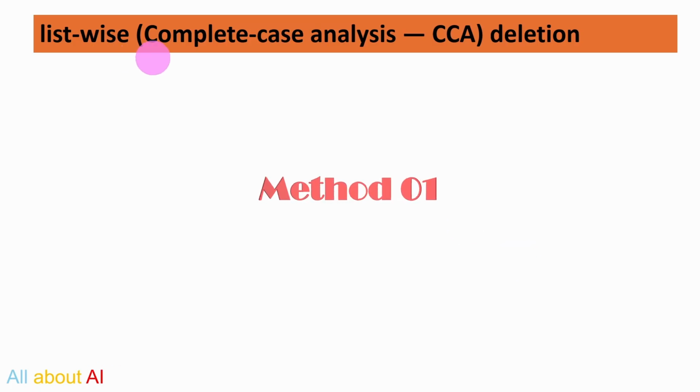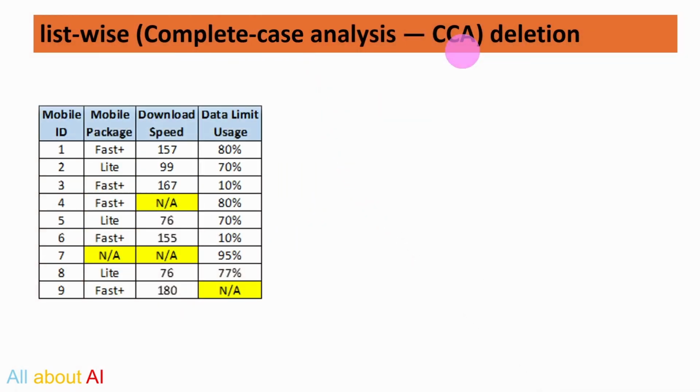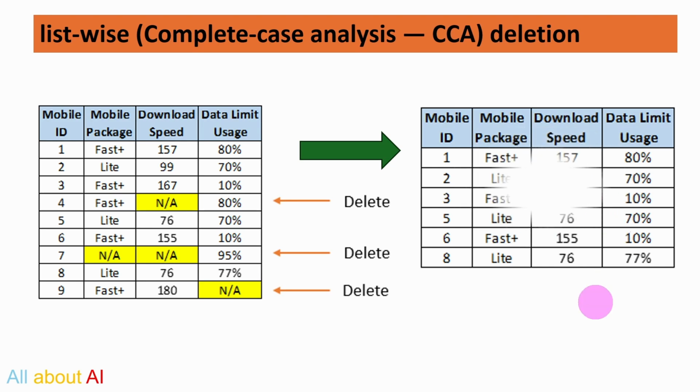Now, list-wise or complete case analysis. Let's go back to our example of mobile data. Here you can see mobile package, download speed, data limit. There are many missing values across all of these. So what we can do is remove the corresponding rows. So we can delete them. After deletion, the data would look like this. This is the most common approach for missing data: omit the cases with missing values and